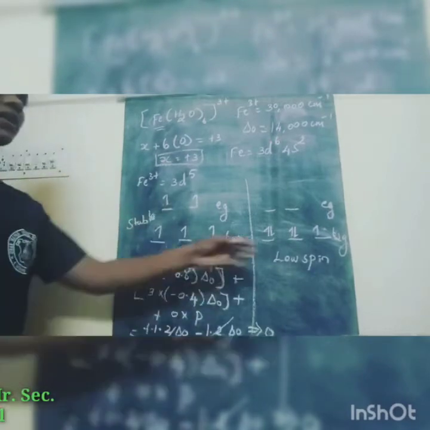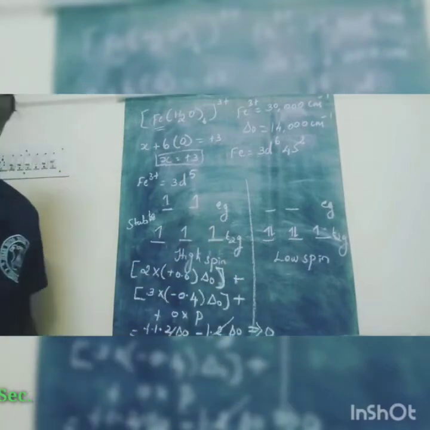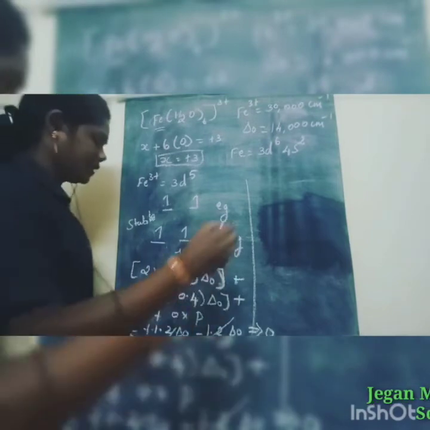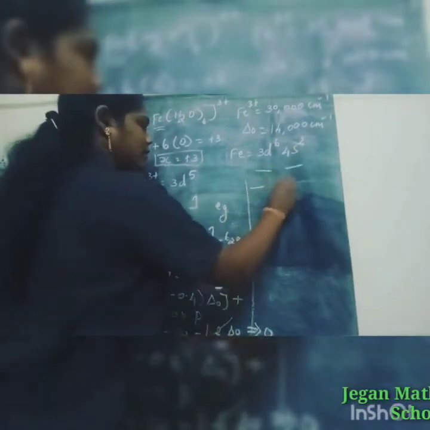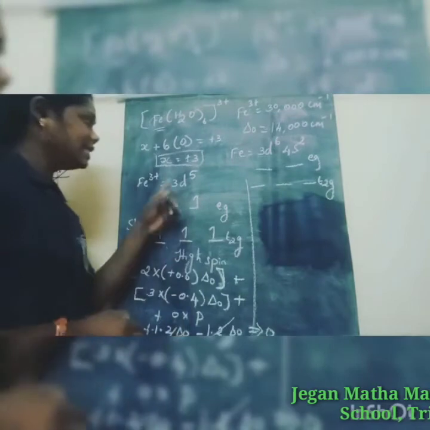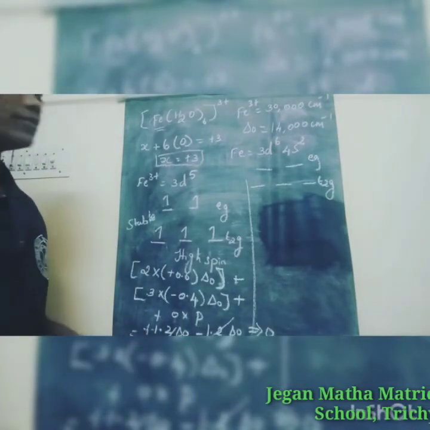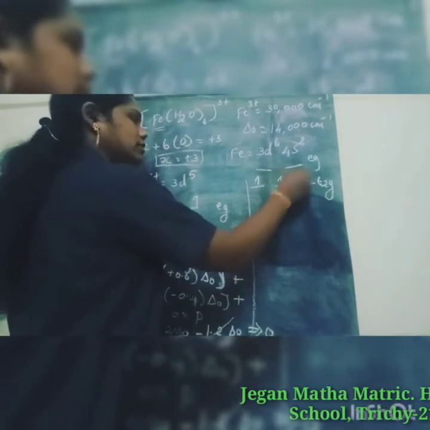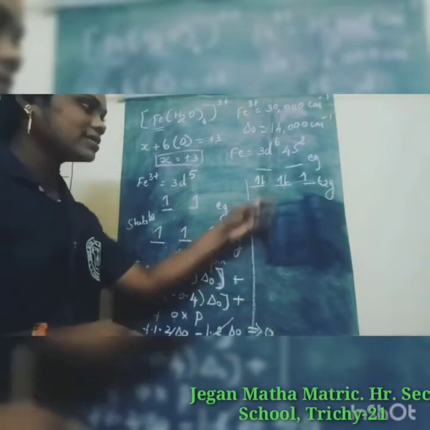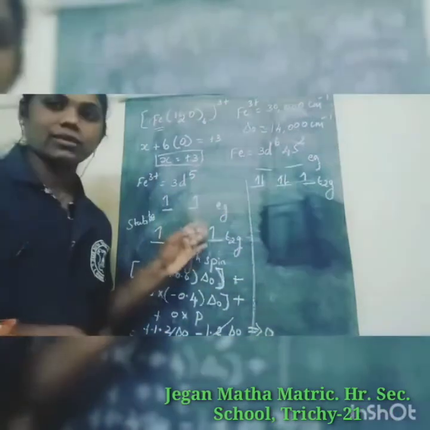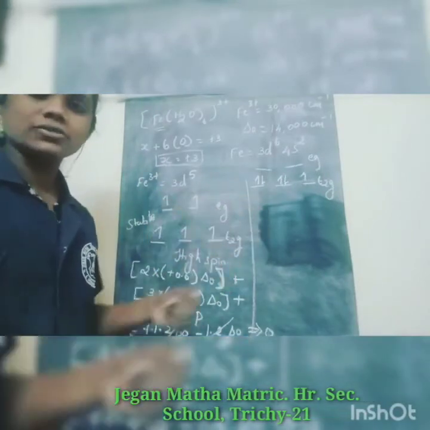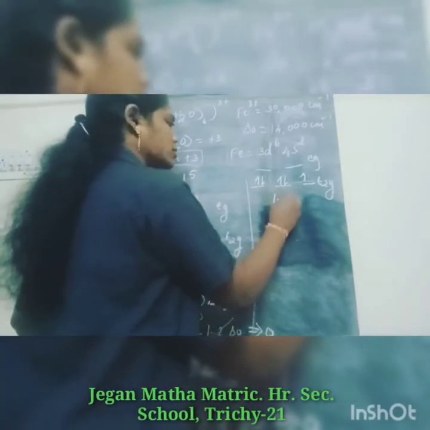And next one, we take the low spin. So low spin, apply the same formula. Once again I draw the low spin. This is for the eg set, this one for the t2g set. Here d5, that is Fe3+, so 5 means 1, 2, 3, 4, 5. Here the number of unpaired electrons is very low. If the number of unpaired electrons is high level, that is high spin. If the number of unpaired electrons is low level, that is low spin. So this one is low spin.